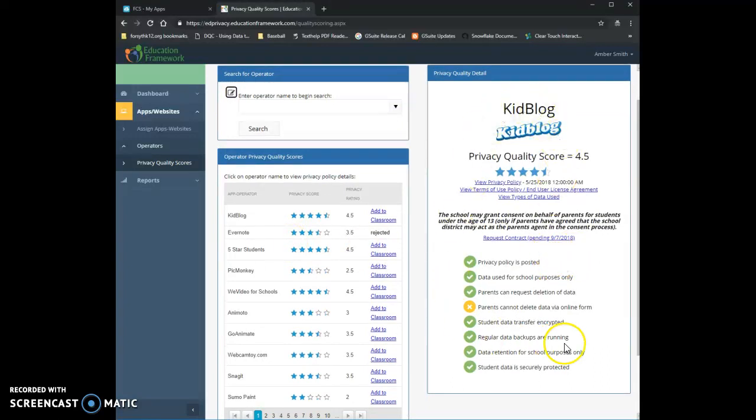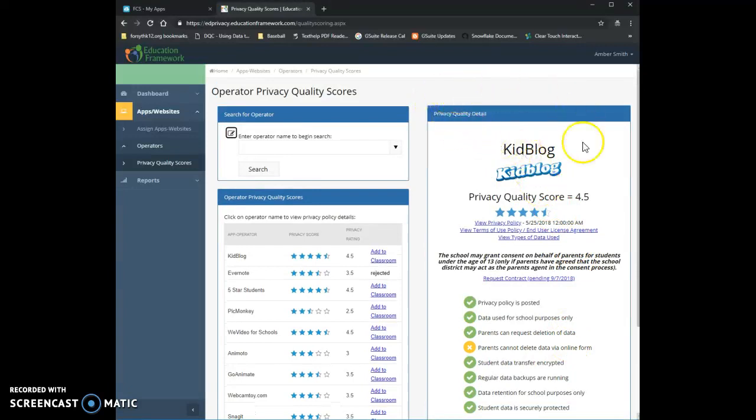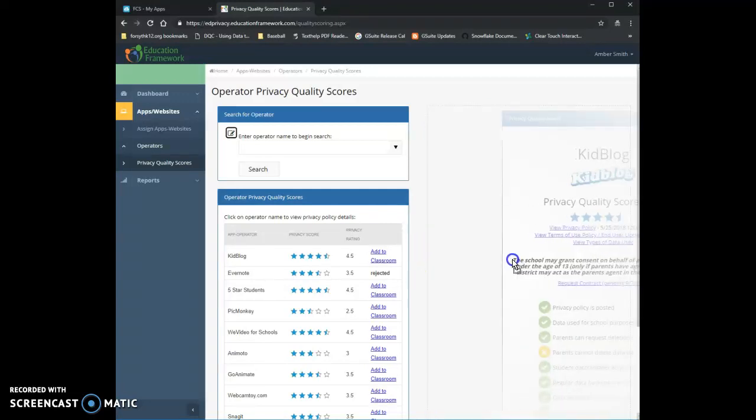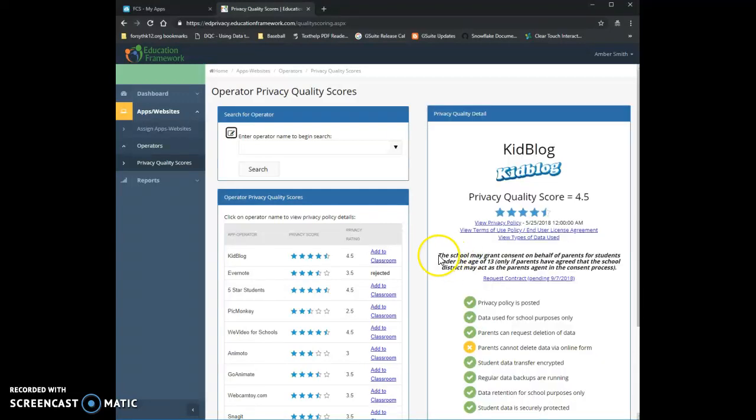And then over here on the right, you also have the score for whatever active app is showing up. So right now we're looking at KidBlog. You can see they have a privacy quality score of 4.5. And then this right here is the key phrase that we're looking at. We want to know if, as the school, can we grant consent on behalf of parents for students under the age of 13. If we can, the app is good to use and requires no further action on your part. We receive consent from the parents through directory information when they sign the parent and student handbook at the beginning